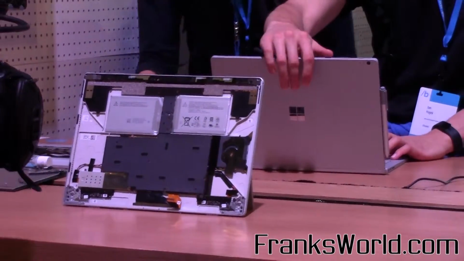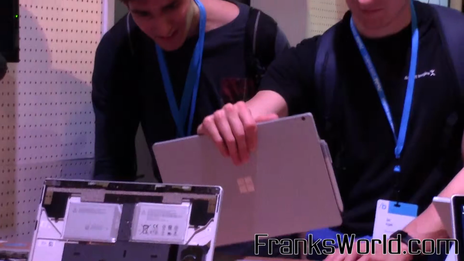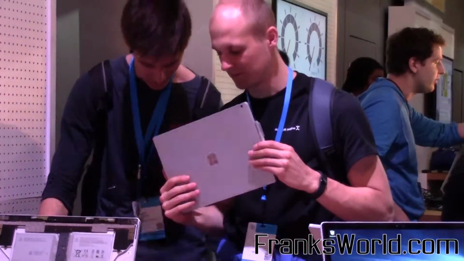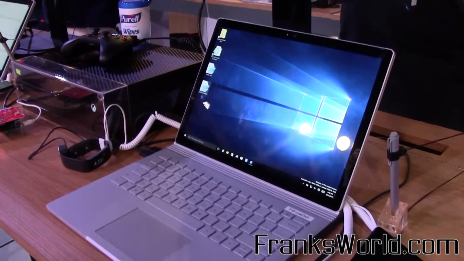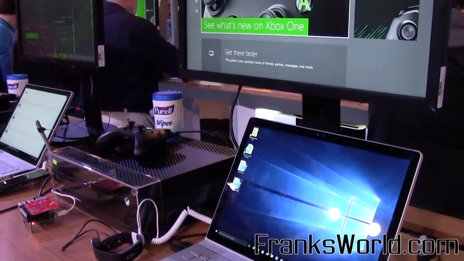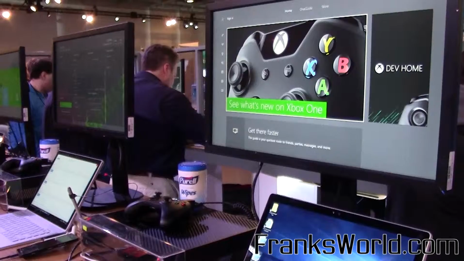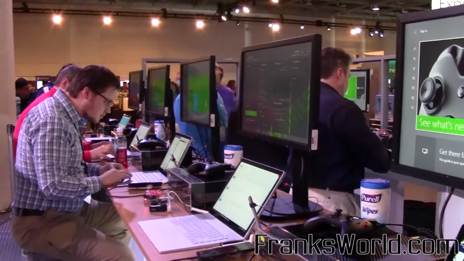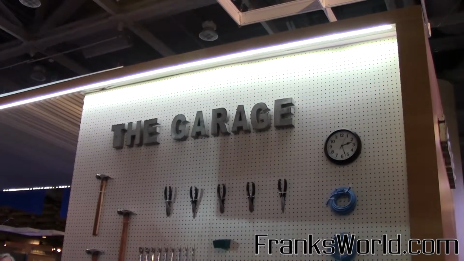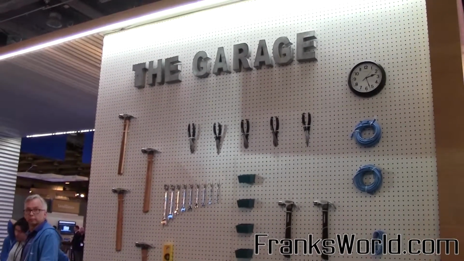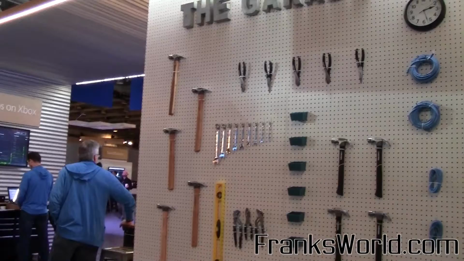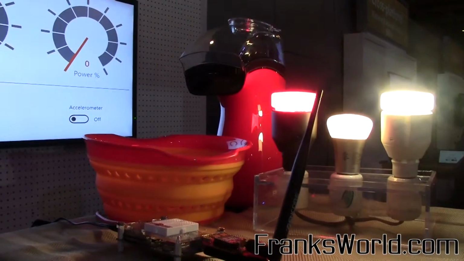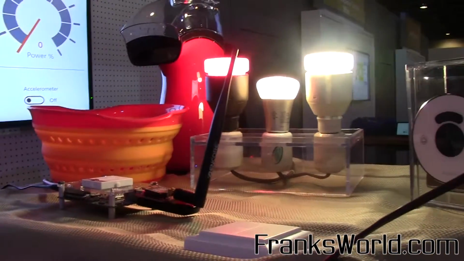But I want to see how it attaches. Well, that's good because